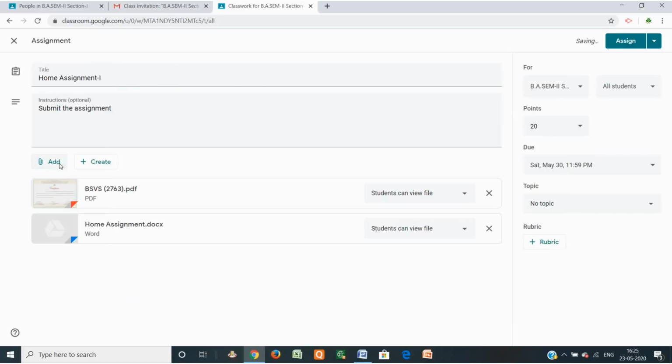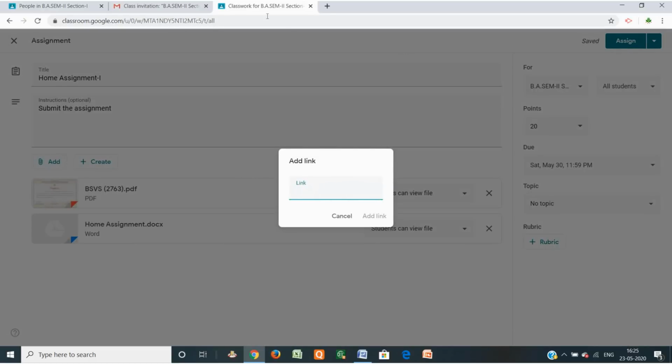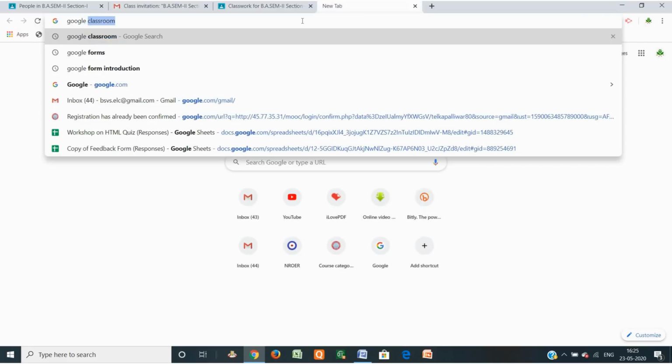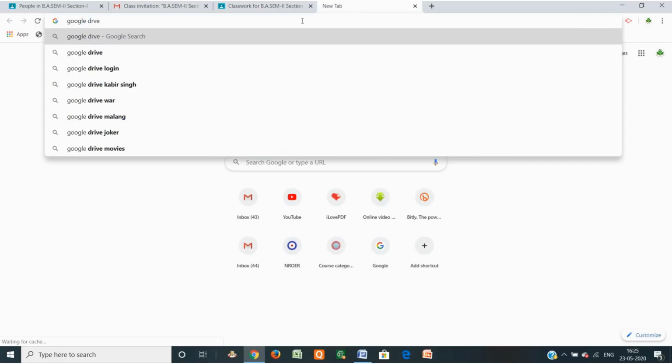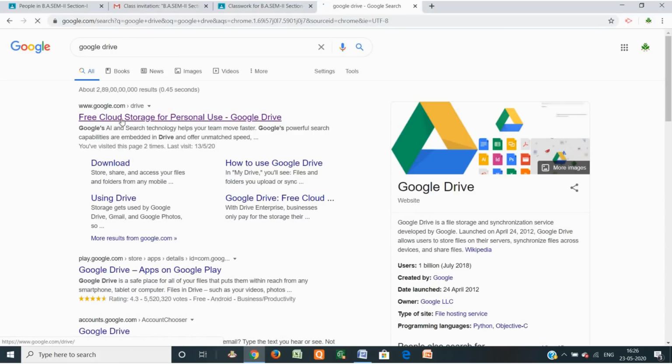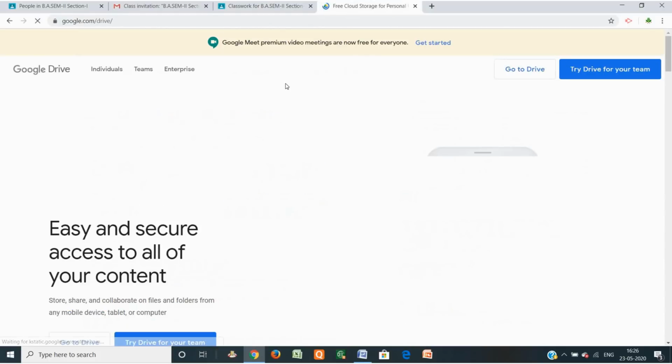Then there is a third way, the link. Suppose you have the link from Google Drive, then just go to Google Drive, log in, and go to Drive.